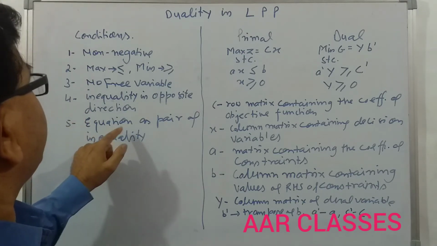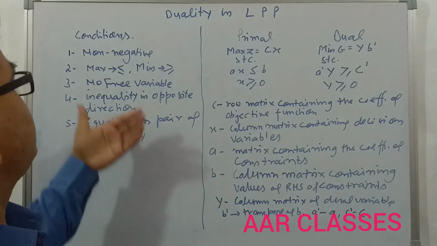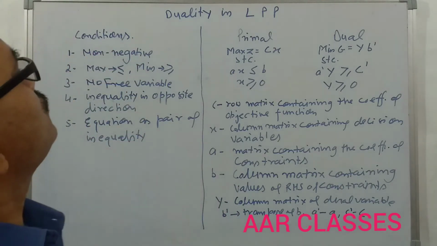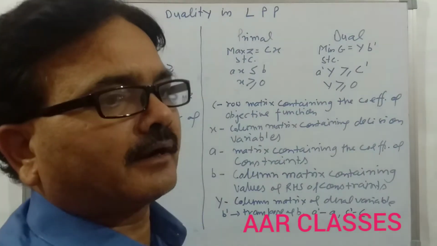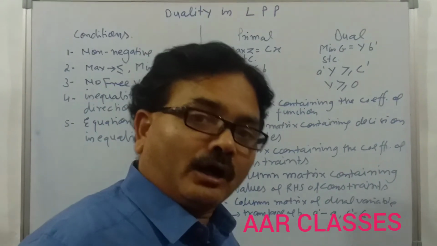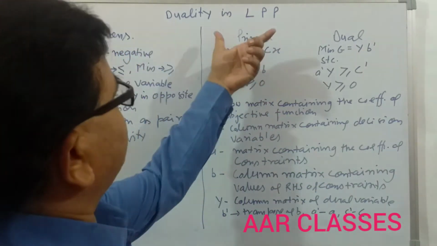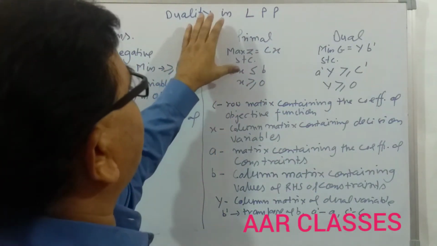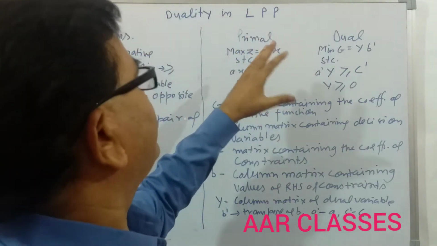Equation should be replaced by a pair of inequalities. These are the conditions to write the dual of a primal. Now the question again is how to write the dual of a problem. So say that typically this is the primal, wherein we are accustomed to solving the problem where we normally have,